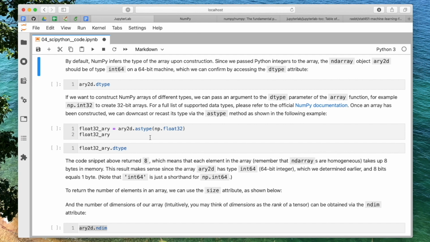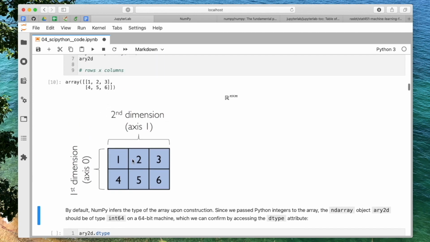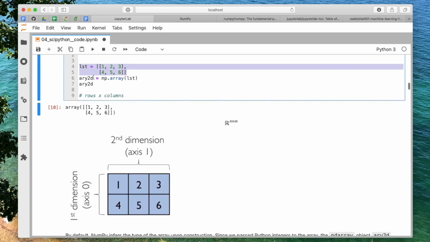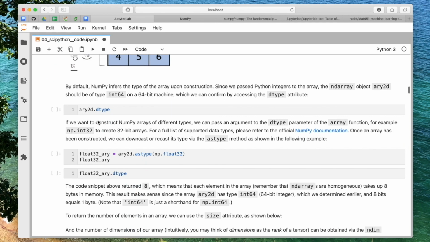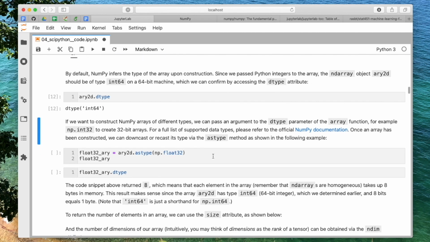Yeah, NumPy infers the type automatically from Python. So upon construction, before we had an integer array. By default, if we converted it to this array 2D, this will be automatically also a 64-bit integer array, because in Python, most people, I think, nowadays use a 64-bit computer. So you also have a 64-bit Python installation or operating system. So if you use a 64-bit machine, this should also be by default a 64-bit integer array. However, you can convert it.